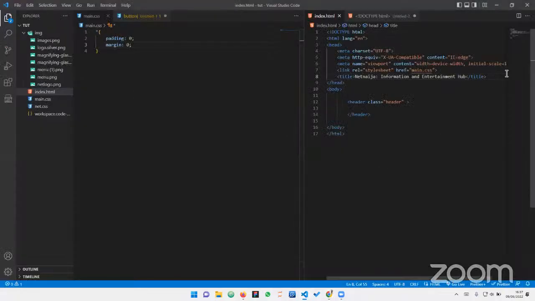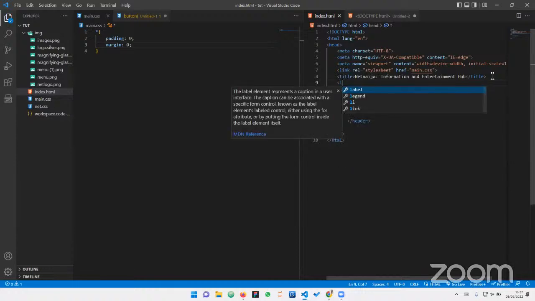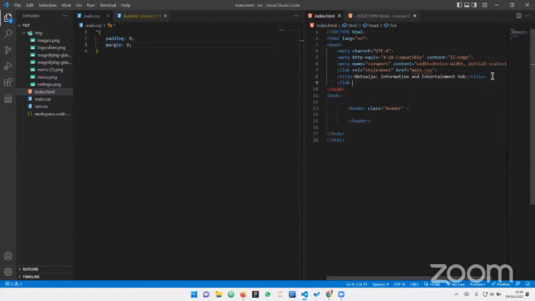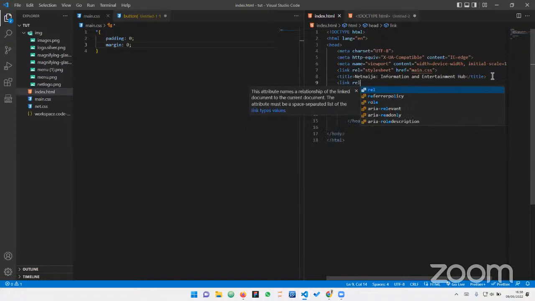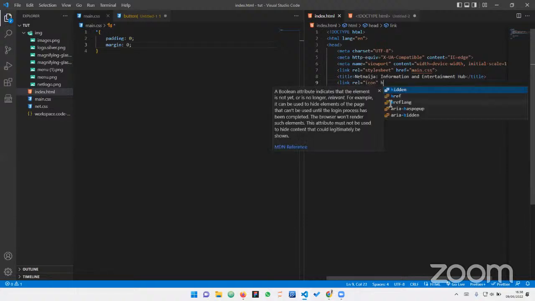Inside this head tag, there's something called link. This time around, we will say link, rel is equal to, instead of stylesheet like this one, we'll say icon. Then we say href,